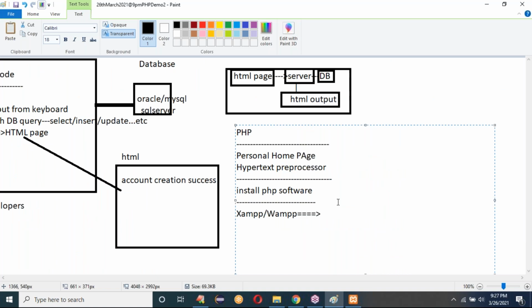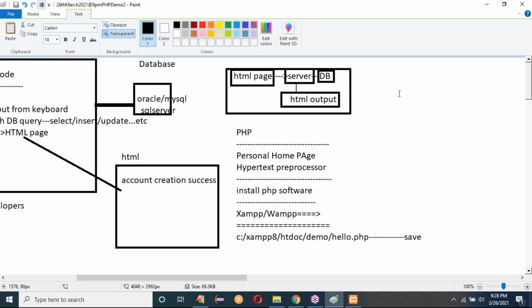So I have to install the XAMPP software, and after installation we have to save our hello world application, hello.php. I'm creating this file here, and we have to save it. You can write this hello world application anywhere, in any program, any IDE you can use. Inside the XAMPP 8 I installed, htdocs is my root location. Inside that, you can directly create a folder or you can directly save it in htdocs. This way we have to save our application.